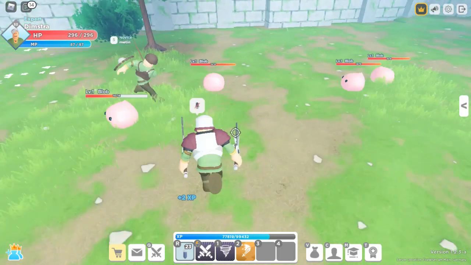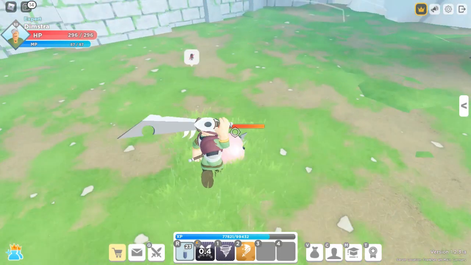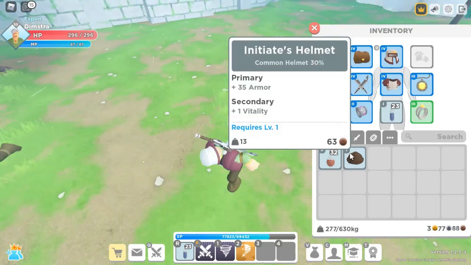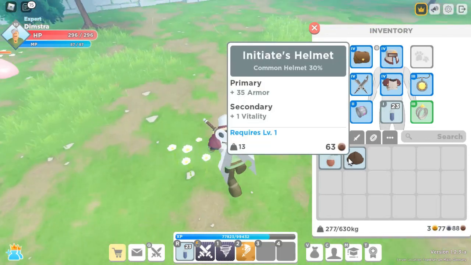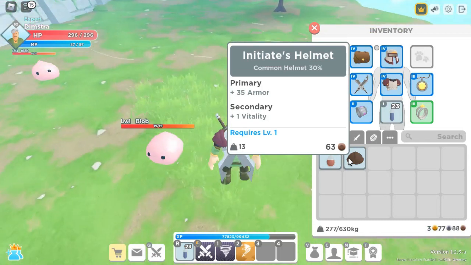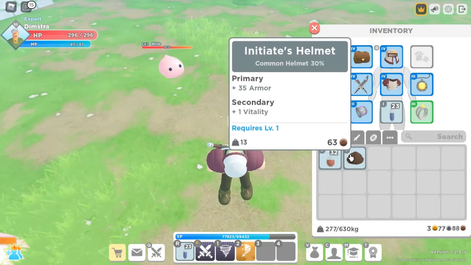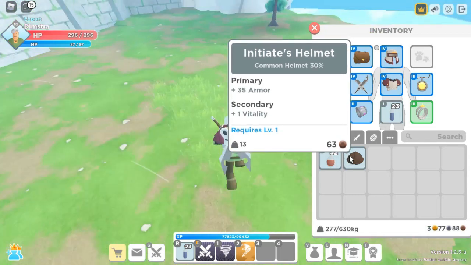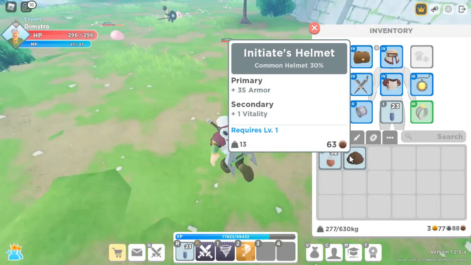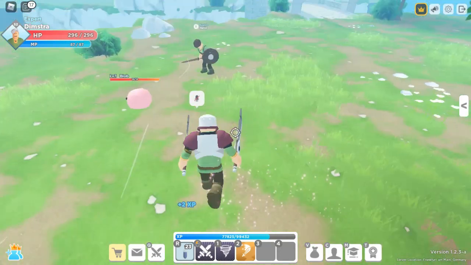Once you kill a blob, it will have a chance of dropping you a random item or coin, just like that. So as you can see, it just dropped me a helmet. This helmet is a tier 1 helmet, and to equip it you need requirement level 1. But there is a thing about these helmets. As you can see, primary means you will have plus 35 armor, and secondary is like an extra effect that you can have on your armor, helmet,